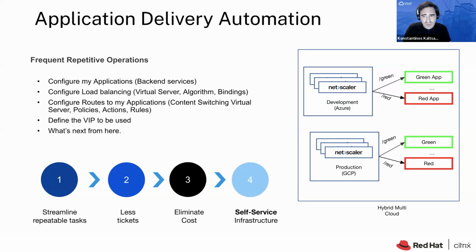talk to networking to see what are the requirements for networking. And this led to much time, and also, of course, when we are talking about time, we are talking about cost, and of course, engineering was still waiting for, let's say, releasing their applications. So this was a pain for every persona, and this is where automation comes into the picture.